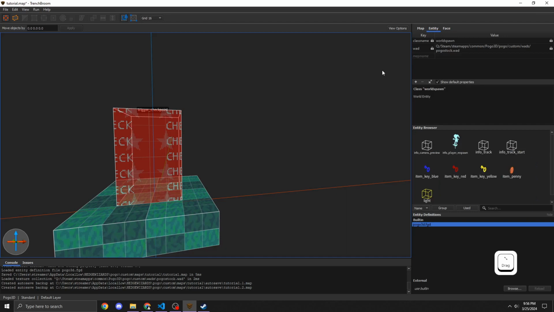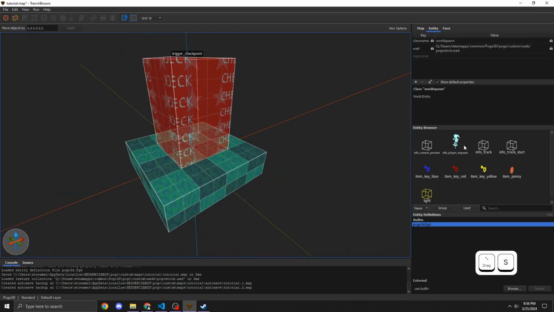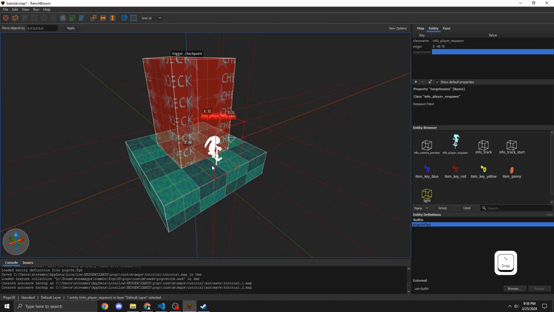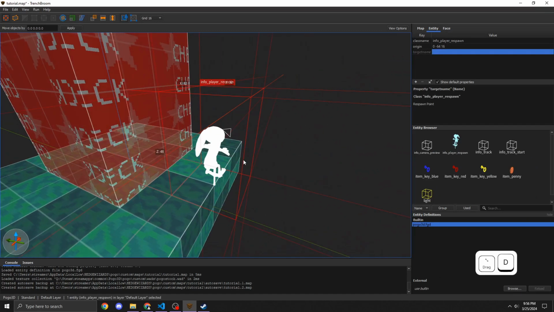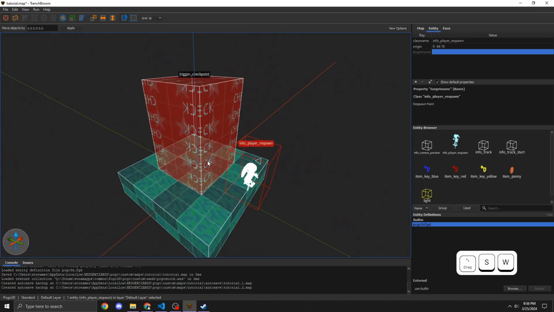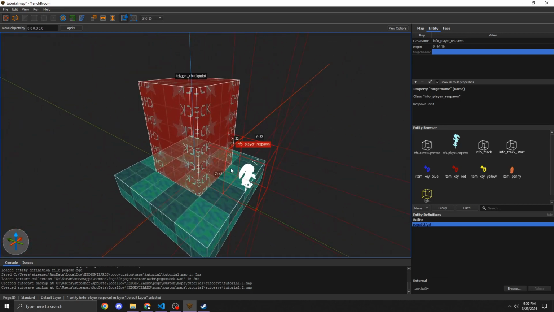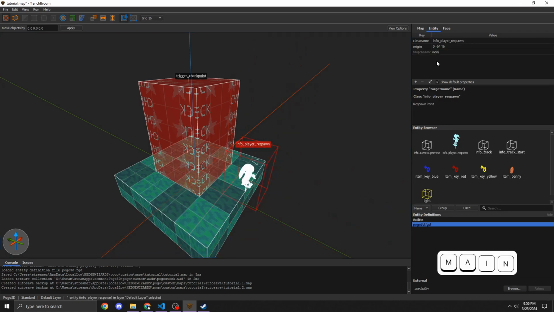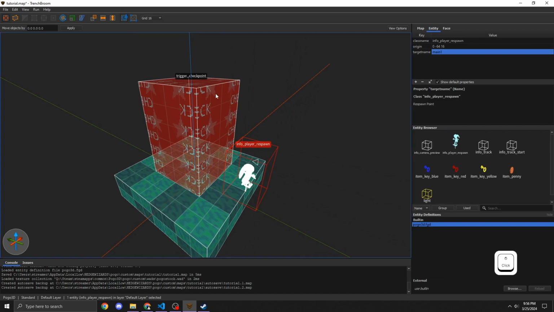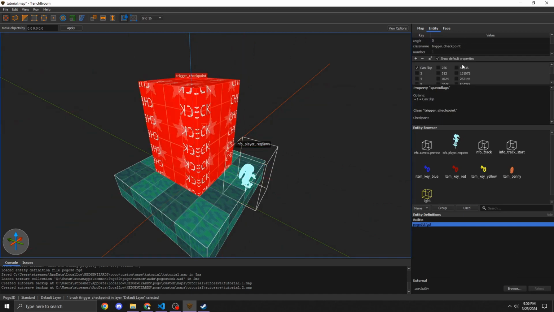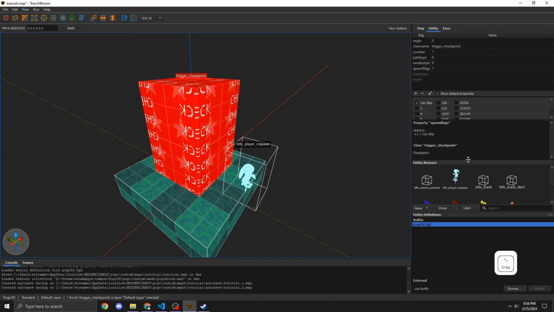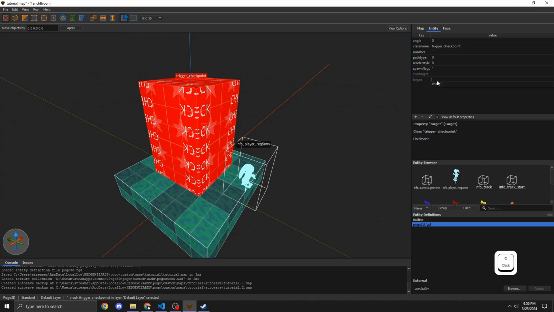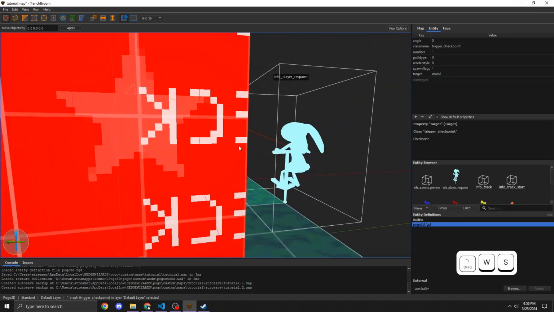If you want to do something different, I'm just going to show you for example, that you can click and drag this info player respawn point into here to use this instead. Now, it's not going to detect it immediately. You're going to have to name the info player respawn by selecting it, going to target name and putting a name in here, and then going to trigger underscore checkpoint, and go to target and put again the same value, main1,